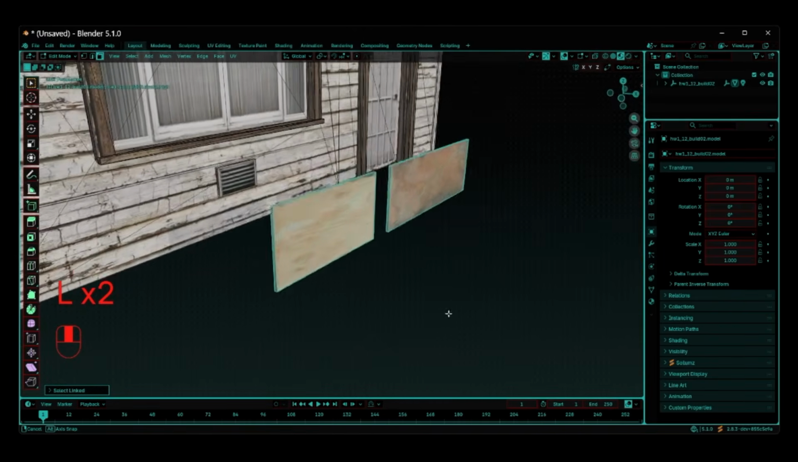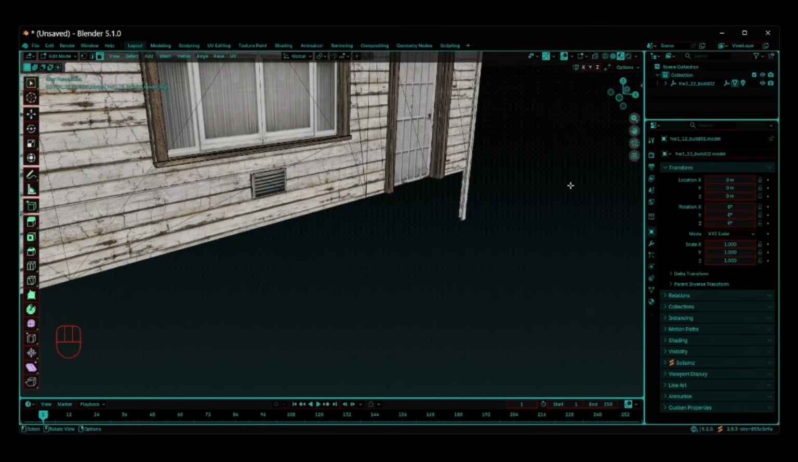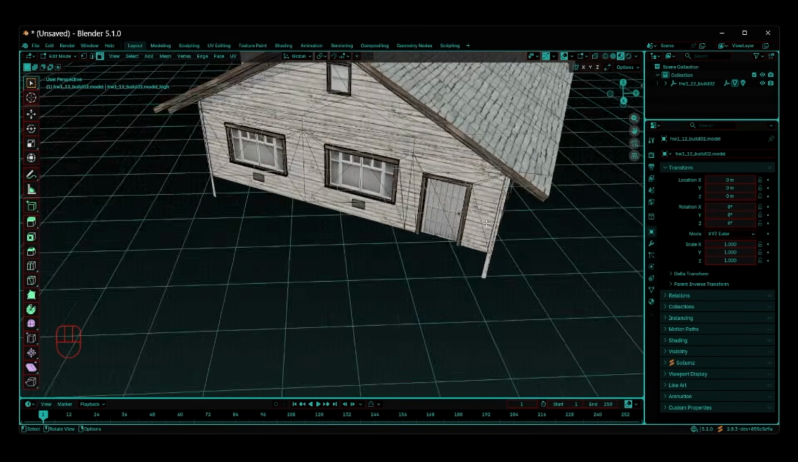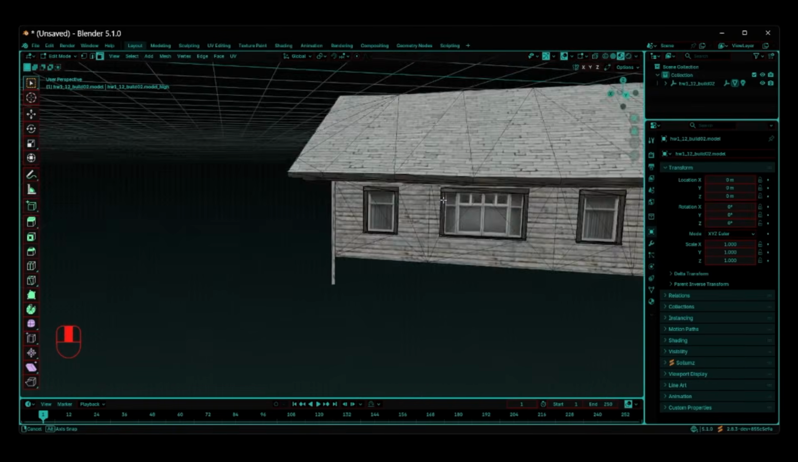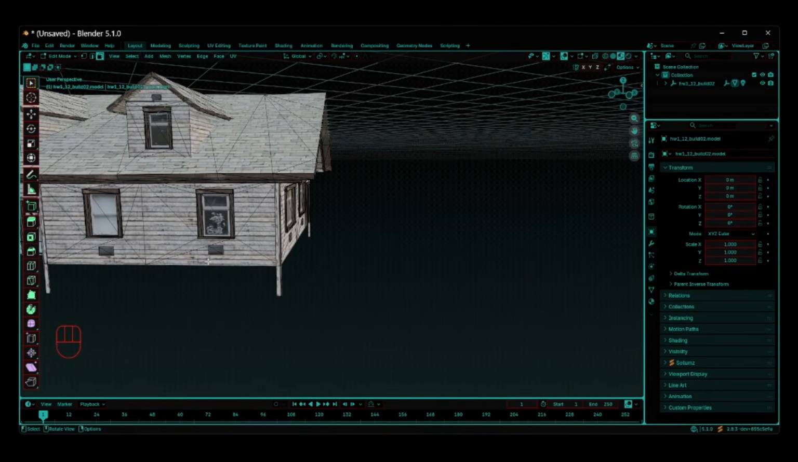Okay. So then again, X, we did faces. Okay, good. Just to clean, that was looking kind of crazy. I mean, the house is already looking crazy. I don't want that there. Okay, so